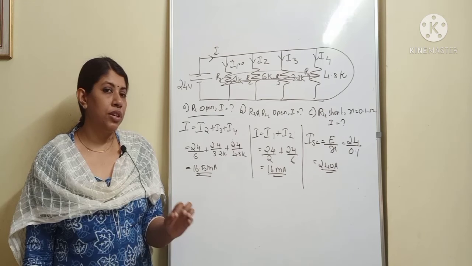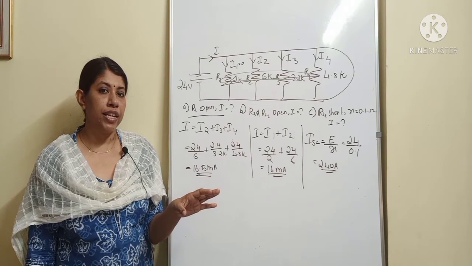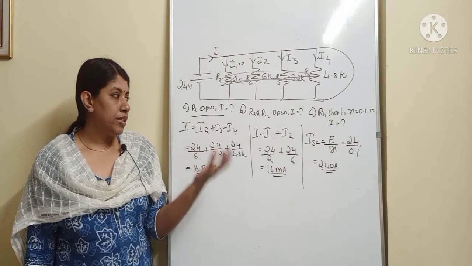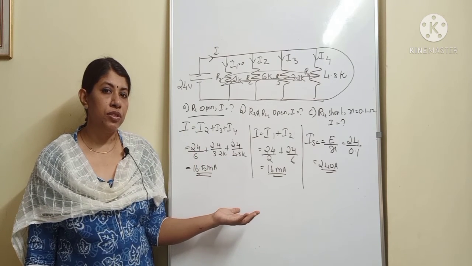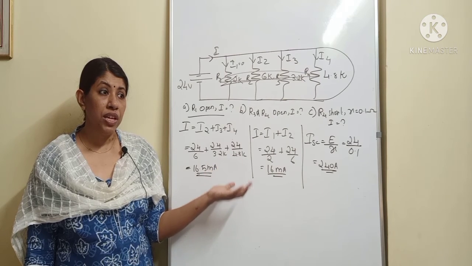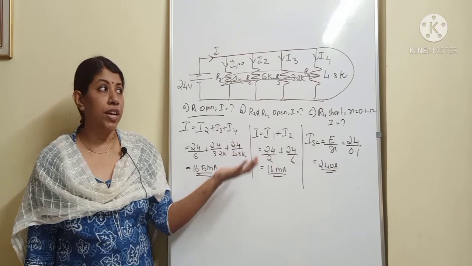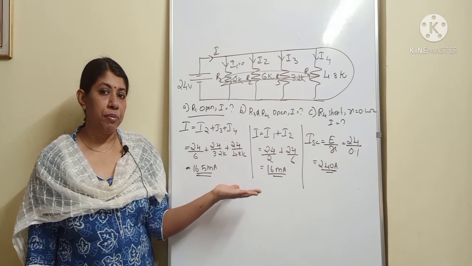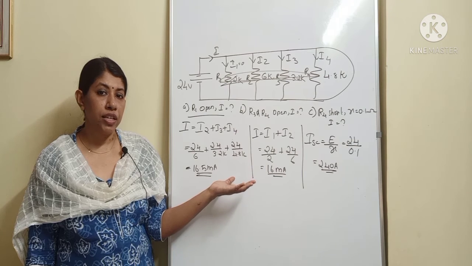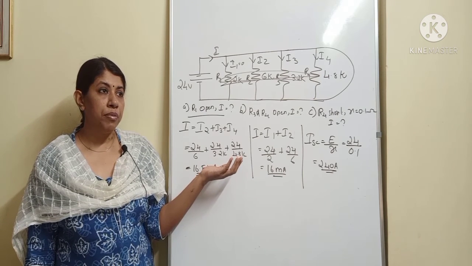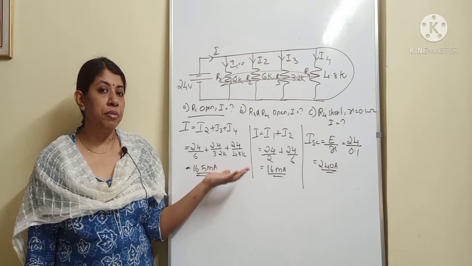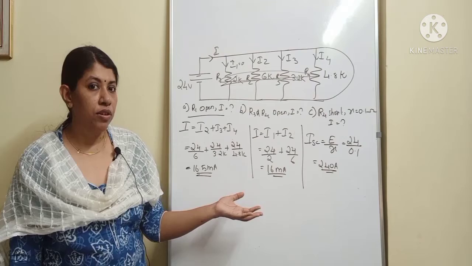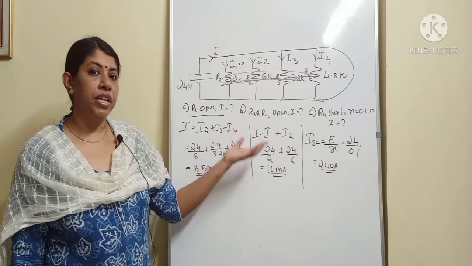Whenever you are analyzing a circuit, don't just simply do the problem and leave it. Analyze the values of the different parameters also. It is the best way to study a circuit and how different connections will affect the values of current and voltage. If you are appearing for higher level competitive examinations, it will help you eliminate options, like this cannot be the answer for this particular question. Like that you can eliminate the options.